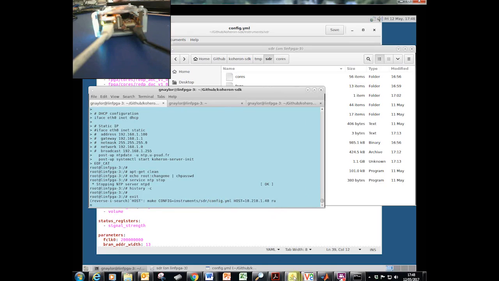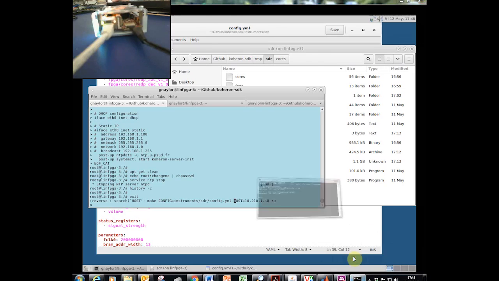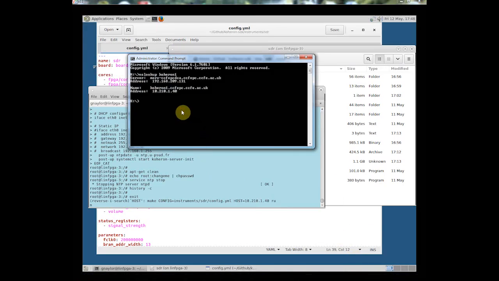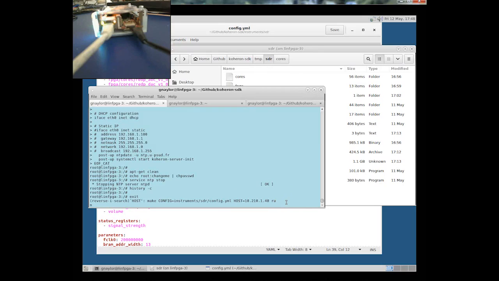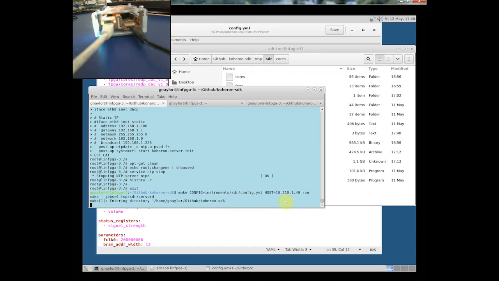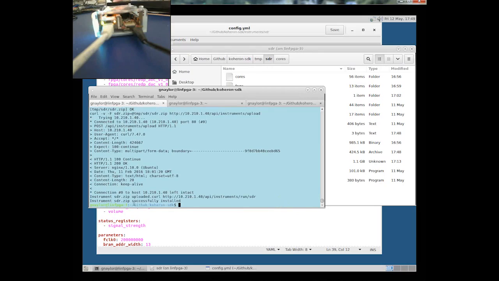and that assumes you know the IP address of the board. Now to get that, I've got the board here on my desk, so locally from my PC I can run nslookup, and the name of the device, which is Coheron 1, I'd changed the name. By default it comes in as Coheron, and then that gives us the IP address here, so we'll pick up that IP address here,